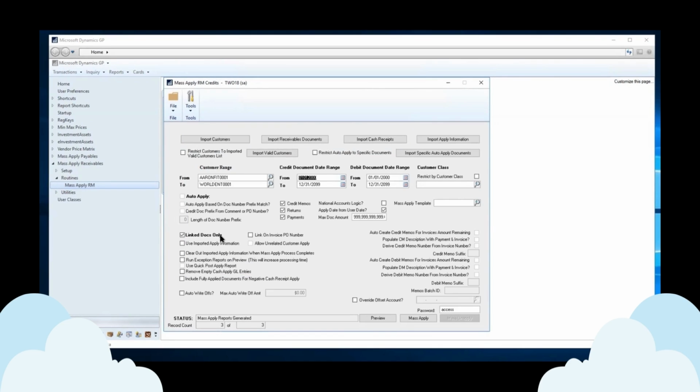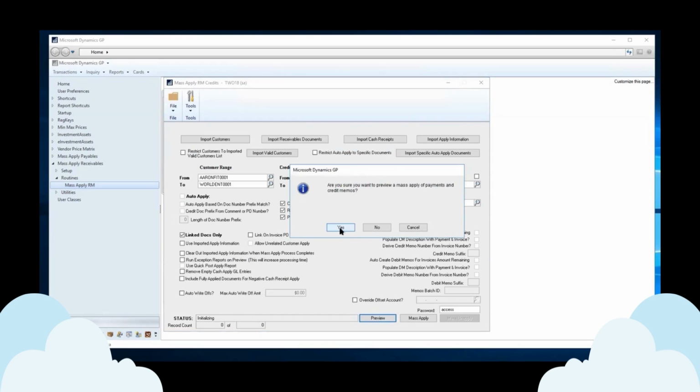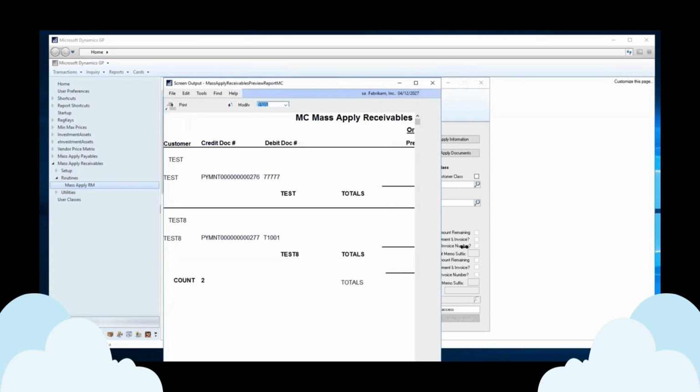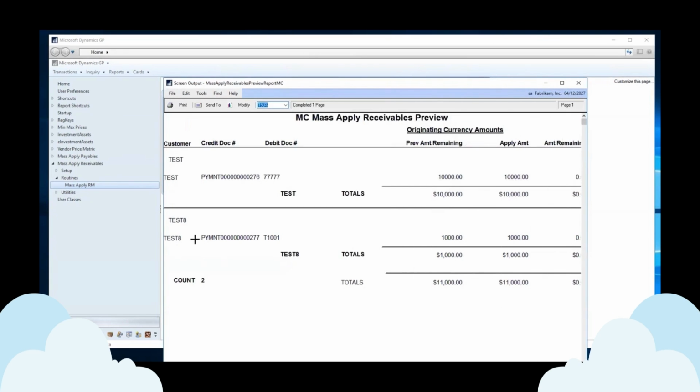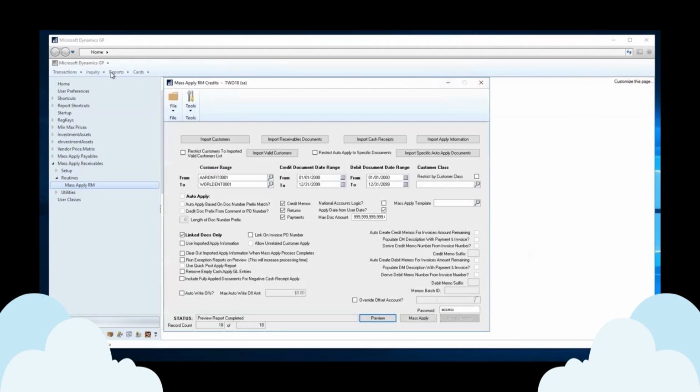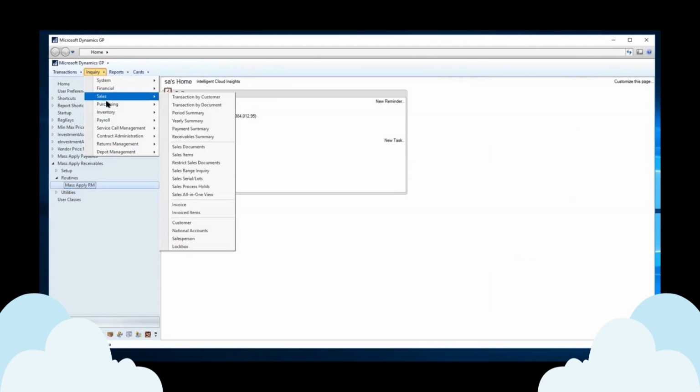And we're going to say, look for any documents that have an embedded apply to document in the field of the apply from document. So in this case, we can see there's a test 8 and payment 277 is referencing invoice T1001. And I want to show you that. So if we go look at test 8,